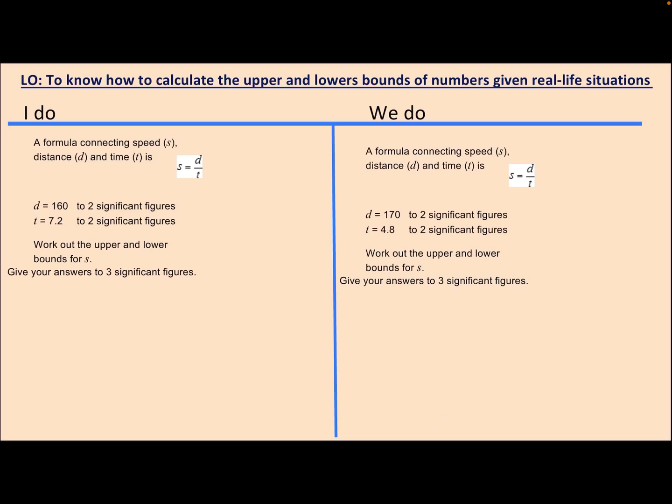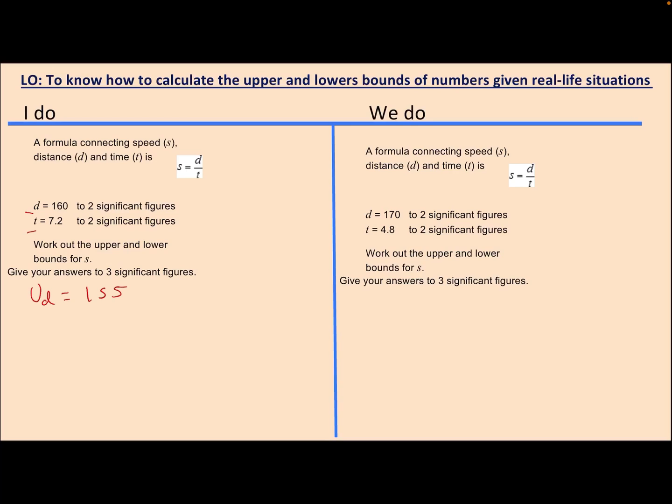Right, so here we have these questions. So a formula connecting speed is, well, we know speed equals distance over time. Okay, and we want to find out the upper and lower S. So we need to first things first work out the upper and lower bounds for each of these measurements. So upper D, okay, so upper bound D is